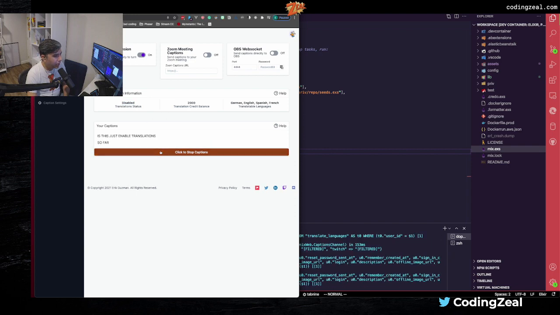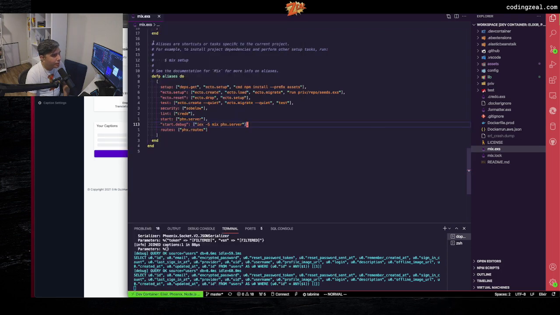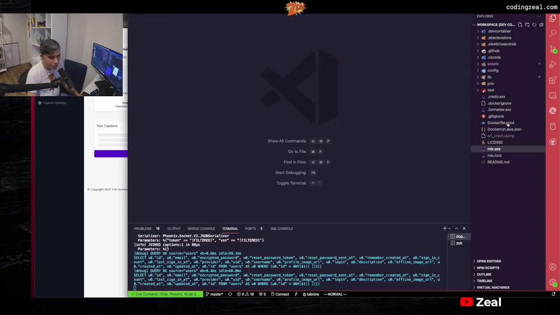If I refresh this page, translation should now be enabled, because I turned this on and it automatically deducted credits from the balance. But it didn't update the UI. That event occurs